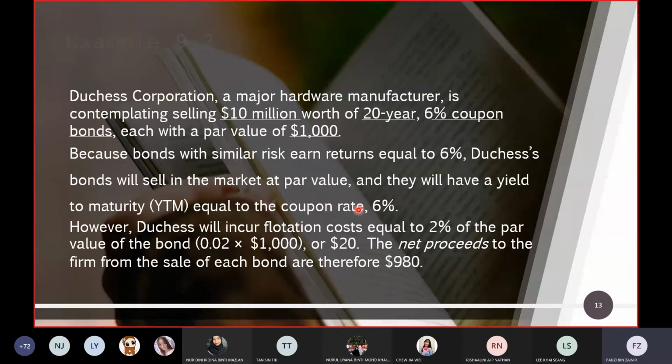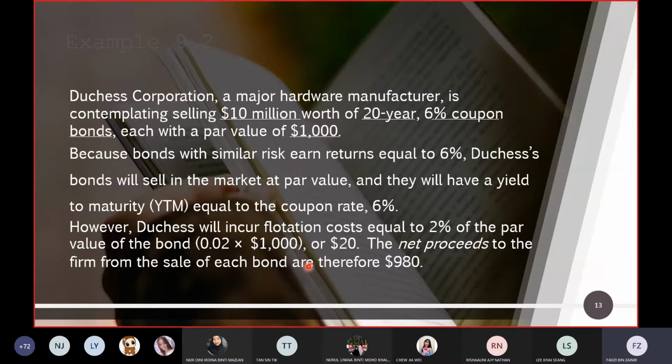However, Duchess will incur flotation costs equal to 2% of the par value of the bond, which is calculated as 2% times its par value, or $20 per bond. So the net proceeds to the firm from the sale of each bond are therefore